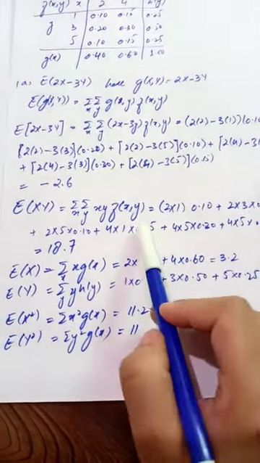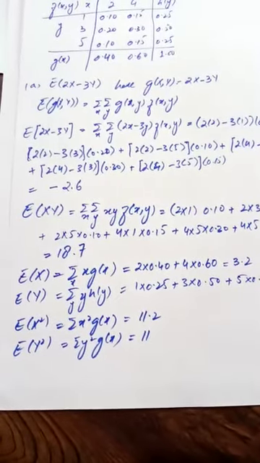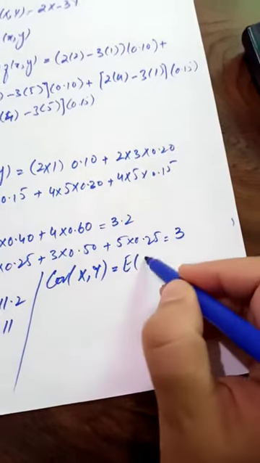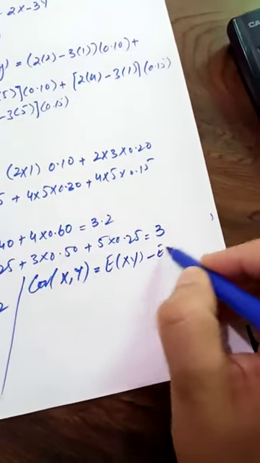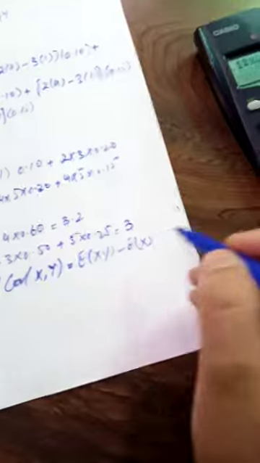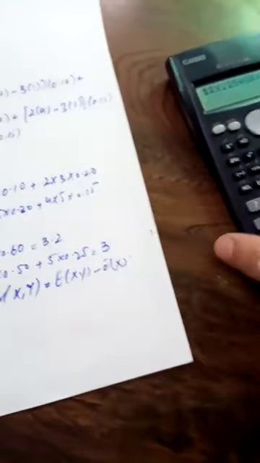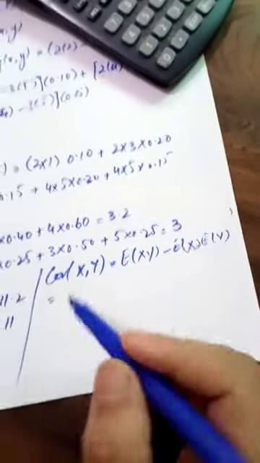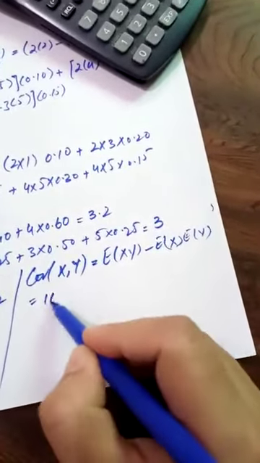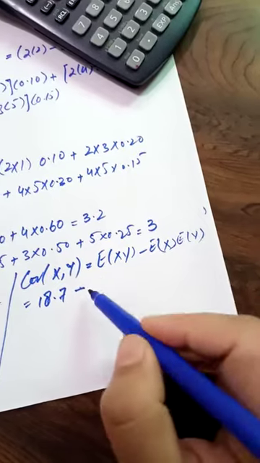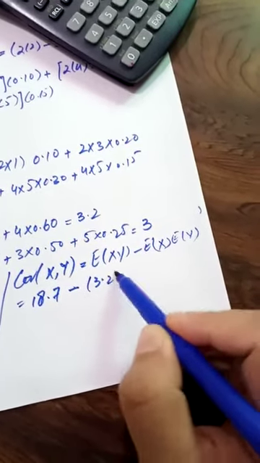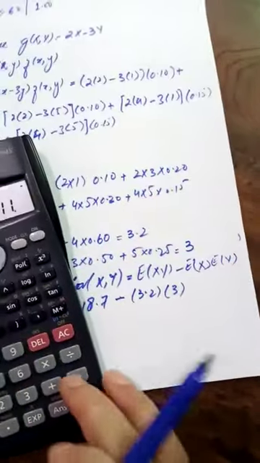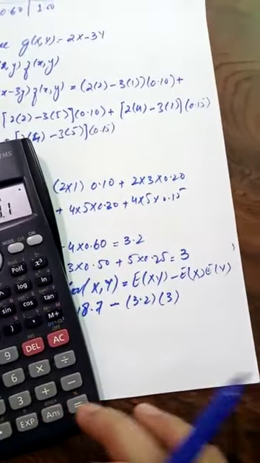Now we can compute covariances and variances. For covariance of x and y, we can write expected value of xy minus expected value of x into expected value of y. So substituting the values, expected value of xy is 18.7 minus expected value of x, which is 3.2, times expected value of y, which is 3. So we get 18.7 minus 3.2 multiplied by 3,